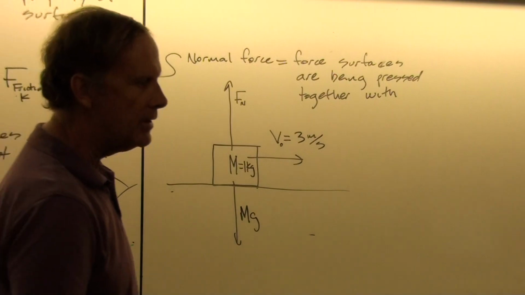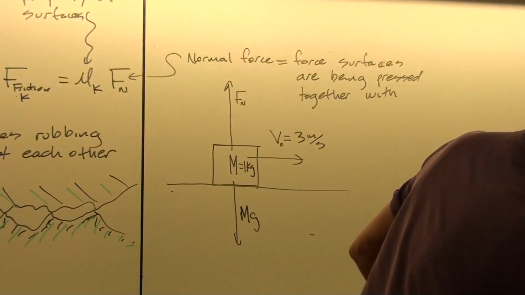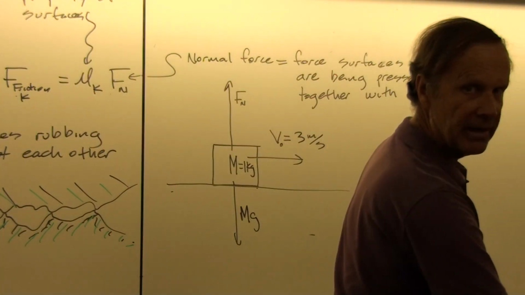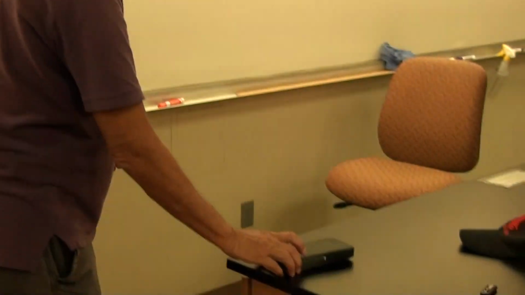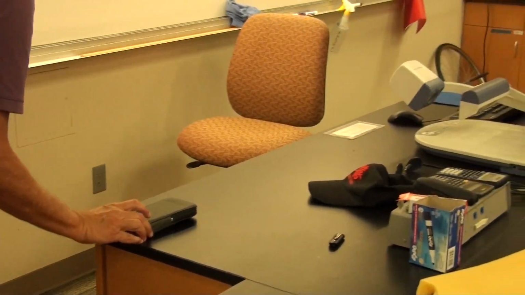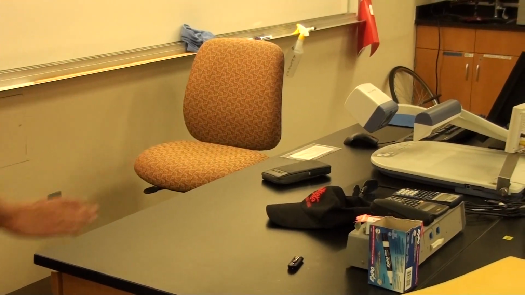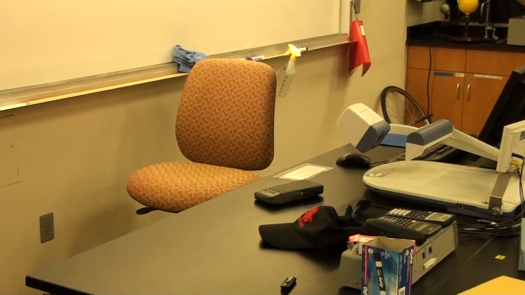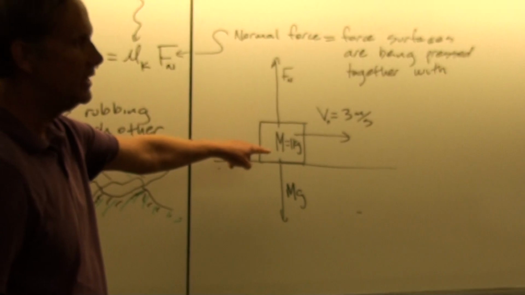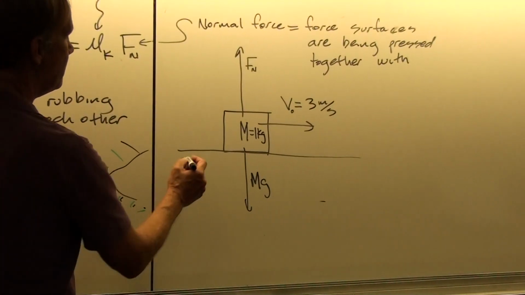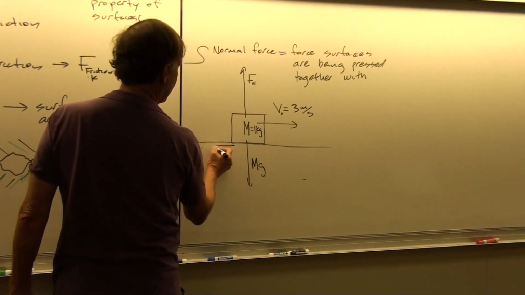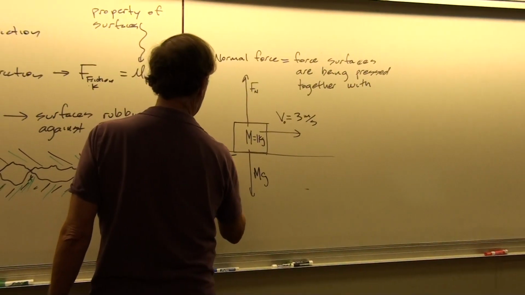Okay? We already know what's going to happen with that. Just the same thing that might happen with this calculator here. I slide this calculator along, and it comes to rest on that surface because of friction. And so the same thing will happen here. There'll be a negative acceleration, and associated with that, a negative force due to friction.